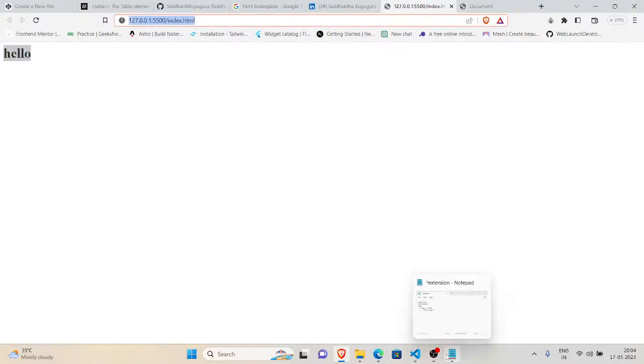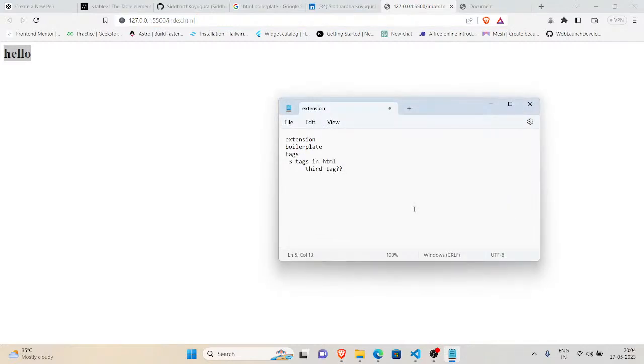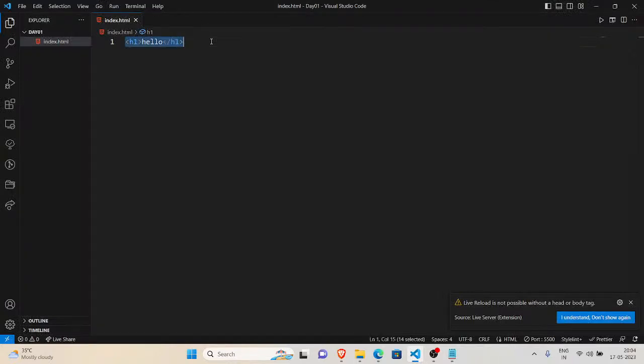This spacing, this content spacing, we're going to discuss in the CSS session, in the box model. You will be perfect in it, guys, I promise you. So we are running out of time.